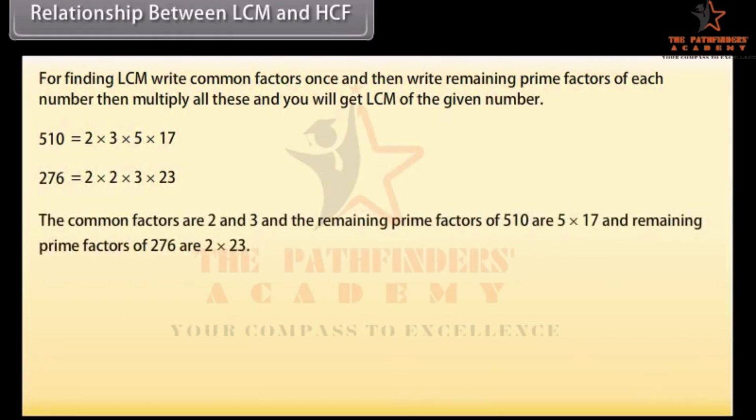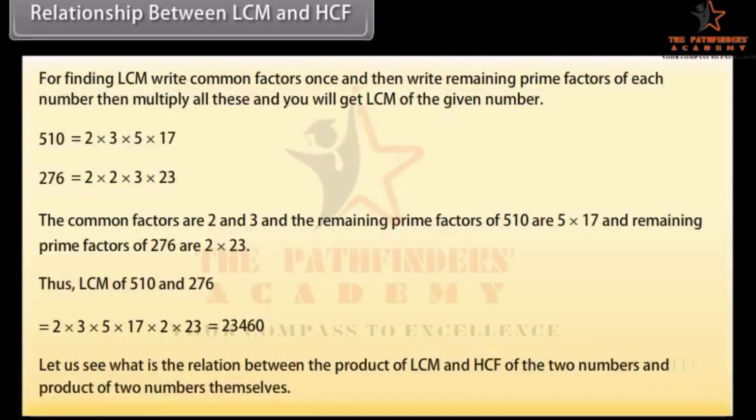The common factors are 2 and 3, the remaining prime factors of 510 are 5 × 17 and the remaining prime factors of 276 are 2 × 23. Thus, the LCM of 510 and 276 is equal to 2 × 3 × 5 × 17 × 2 × 23 equals